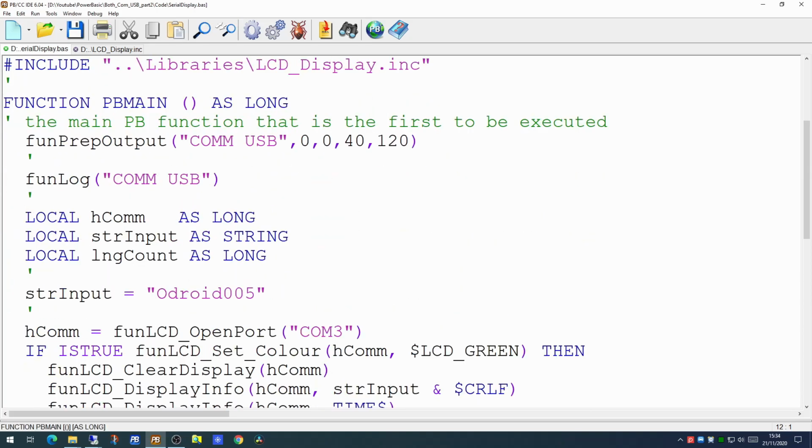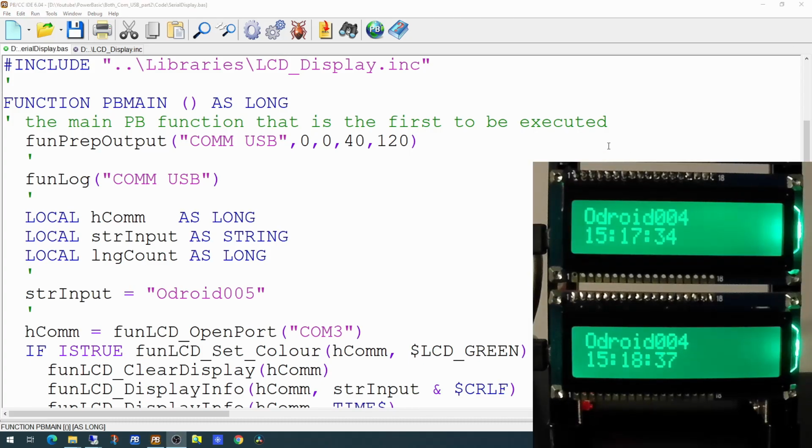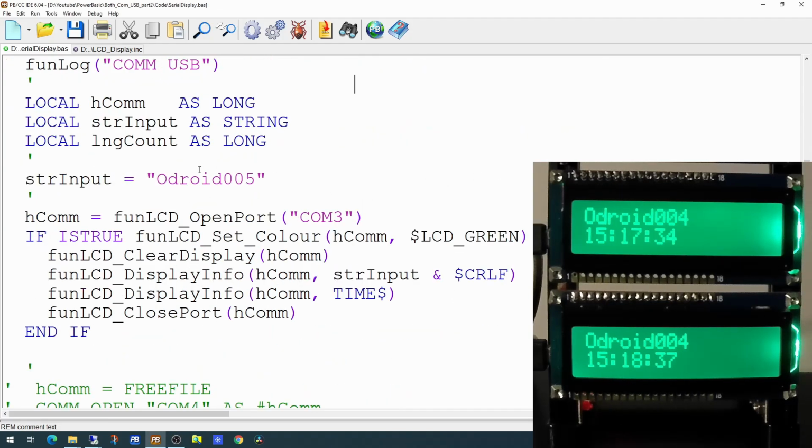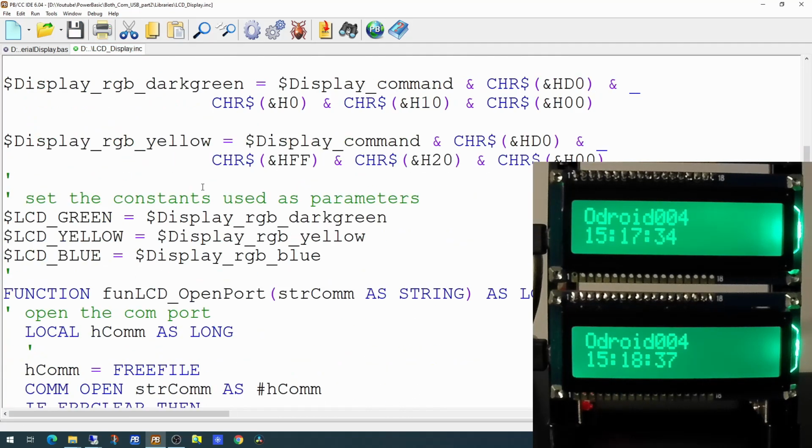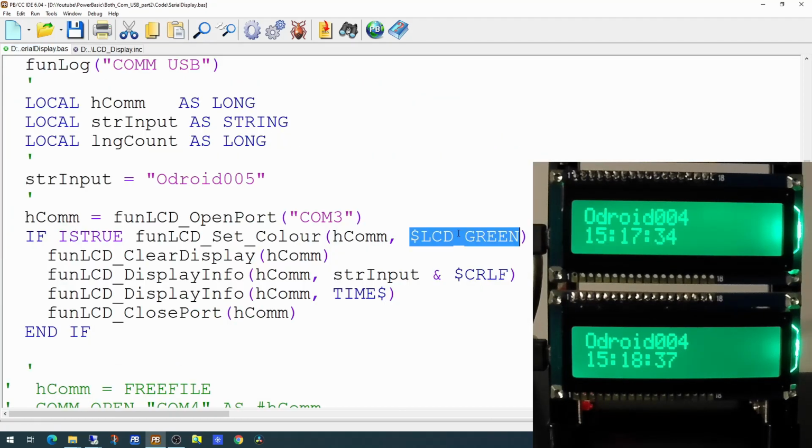Now if we bring our display back up, we can see we've got Odroid 4 on both of the displays at the moment. So if we run this now, we should have Odroid 5 appearing on the COM 3 display. It should, in fact, let's change the colour just to be different. We will go with, let's try blue rather than green, so we definitely see a change. We'll clear the display, display the input and put the time in. So if we try running that now,